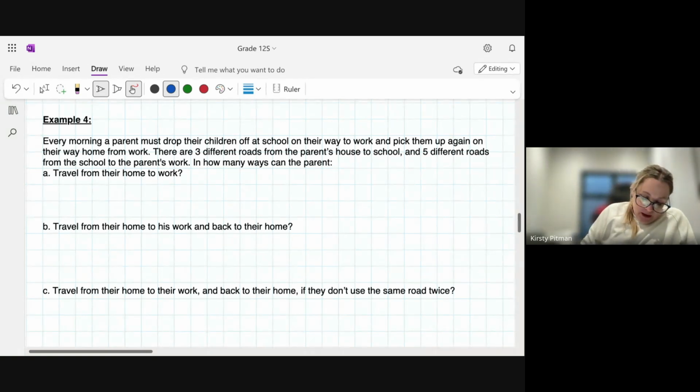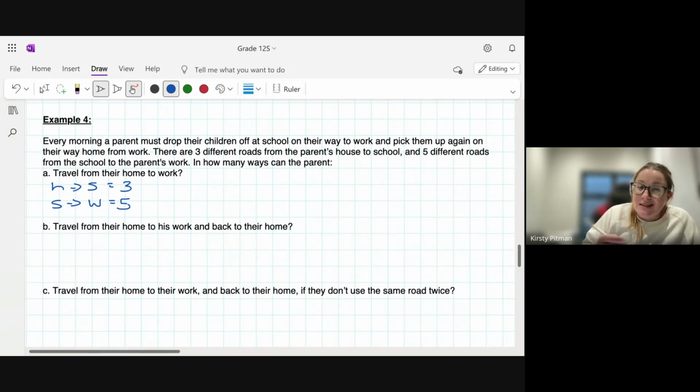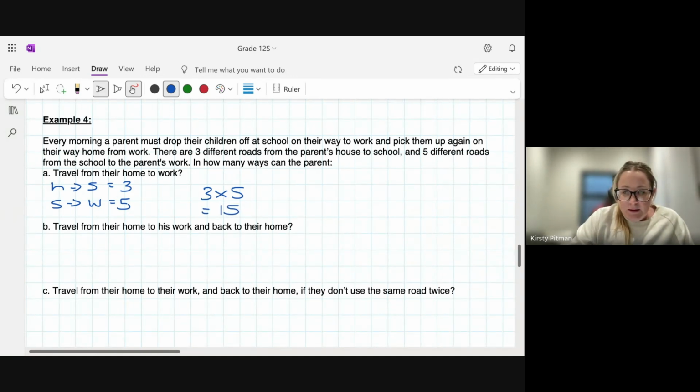All right. So, first of all, they're not going straight from home to work. Where are they going? They're going from home to school. And from home to school, there are 3 different roads. And then they're going from school to work. And from school to work, there are 5 different roads. So it's back to being one of those nice, easy ones, just lots of words. So a little bit of maths lit here, having to determine what the maths is in the words. So I've got 3 times by 5, and 3 times 5 gives me 15 different options. Okay, nice, well done. Nice, guys.